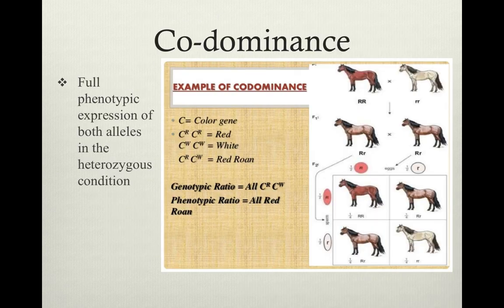We can also have codominance. This is where you get the full phenotypic expression of both alleles in the heterozygous condition. So here we've got a gene for red fur or red hair, white hair. When you mix them together, you get something intermediate that we call a roan horse, where you've got hairs that are red and hairs that are white. We have also seen something similar in some populations of bees where you may have an allele for horizontal stripes and an allele for vertical stripes. And if you're heterozygous, you have both horizontal and vertical stripes and thusly appear black.